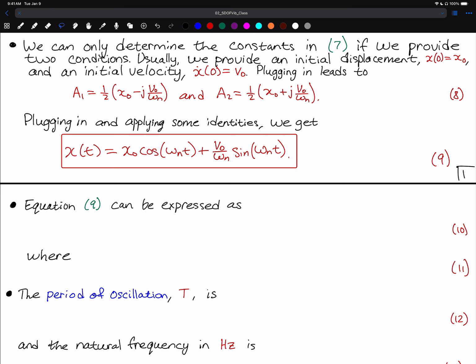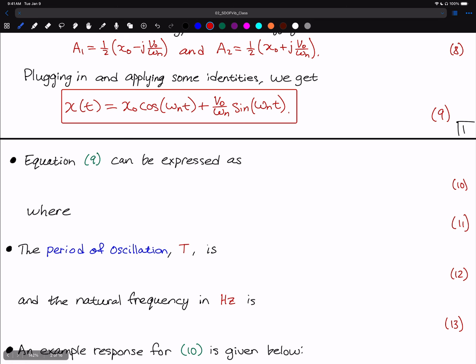Okay, so here we have both a sine and a cosine term. We are able to express these as a single cosine term with a phase shift, and we'll talk about that in a moment. In doing so, we're going to find here that x of t can be written as equal to, let's just say, some constant. We'll use big X here. Actually, we'll skip using X. We're going to use X later for steady state. Let's just use B here. Big B times the cosine of omega nt minus a phase angle phi,